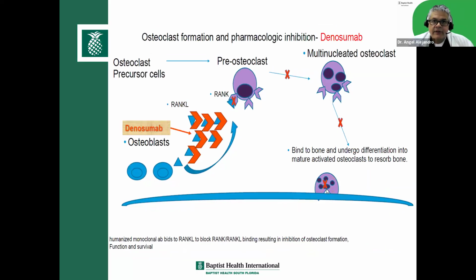The other anti-resorptive agent, which we use, is denosumab, and this is called a rank ligand inhibitor. Remember, I mentioned earlier that the osteoblasts produce rank ligand, which attaches to the pre-osteoclast and promotes further differentiation. If you block rank ligand, so you have a rank ligand inhibitor, what happens is you don't get maturation, you don't have osteoclast, and what happens? You don't have bone resorption. Okay, that's what makes denosumab very, very effective.